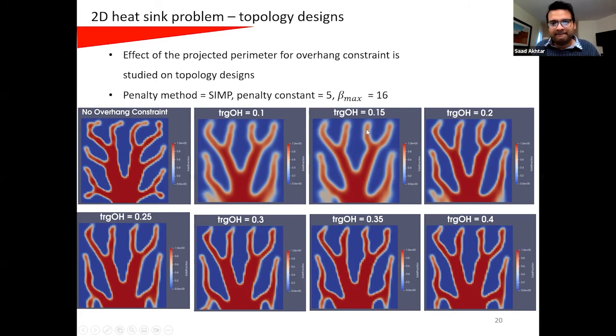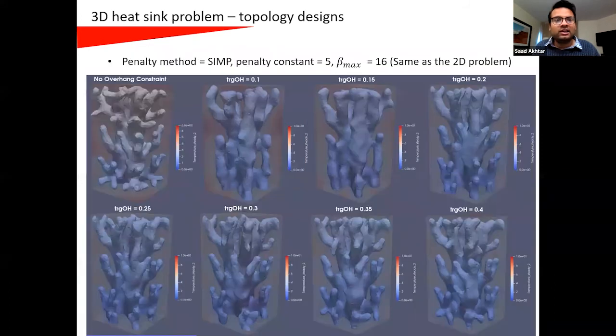So the higher, the sharper. So you have to use the same beta max value if you want to compare across designs. Again, we implemented that within the 3D heat sink problem, and we got some promising designs as well. Here you can also see, with the overhang constraint, there